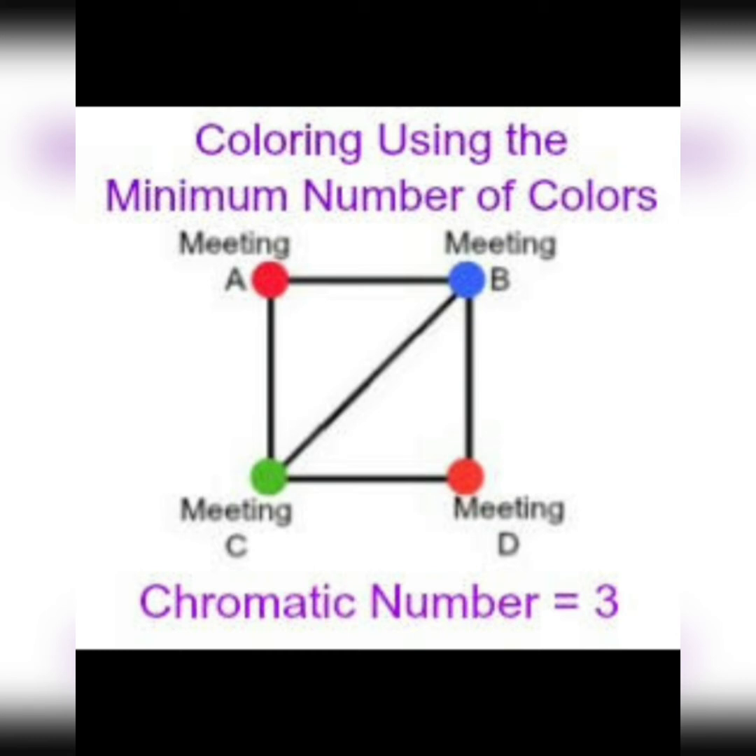So here comes the term chromatic number. What is the chromatic number of a graph? A graph is colored in such a way that the minimum number of colors required to color the graph is known as the chromatic number of the graph. In this graph, we need only three colors: red, blue and green. So the chromatic number of this graph is 3. The minimum number of colors required to color a graph is known as its chromatic number. This is an example of vertex coloring. Here adjacent vertices are